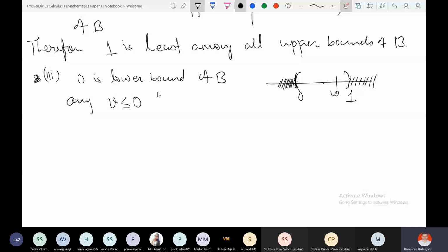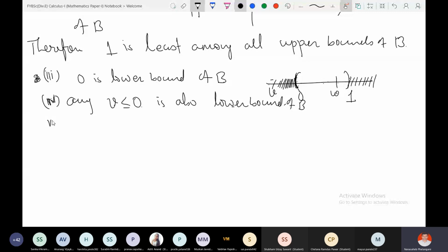Any V less than 0 is also a lower bound, correct? This is the next observation, correct? So any V less than or equal to 0 is also a lower bound of B. You choose any number smaller than 0. If I take V smaller than 0, then also all members are greater than or equal to V, so V is a lower bound. And next